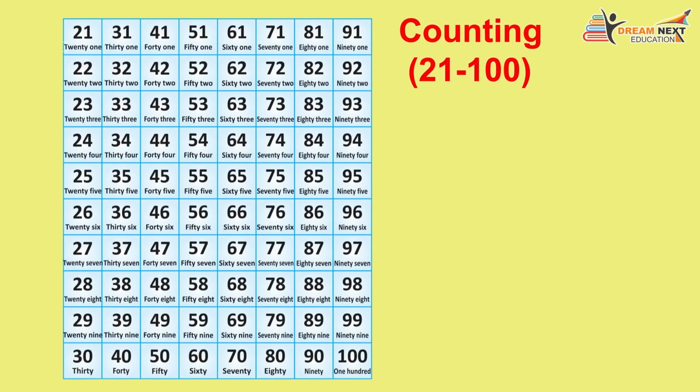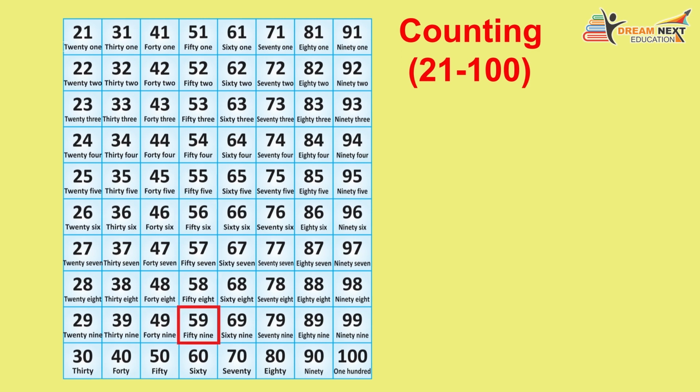Counting 21 to 100. 21, 22, 23, 24, 25, 26, 27, 28, 29, 30, 31, 32, 33, 34, 35, 36, 37, 38, 39, 40, 41, 42, 43, 44, 45, 46, 47, 48, 49, 50, 51, 52, 53, 54, 55, 56,